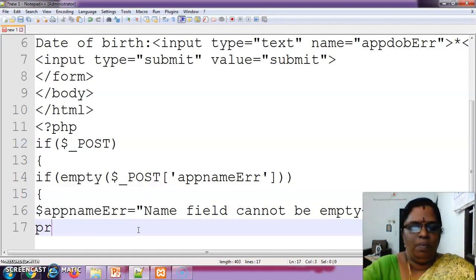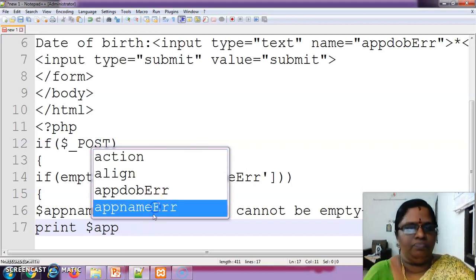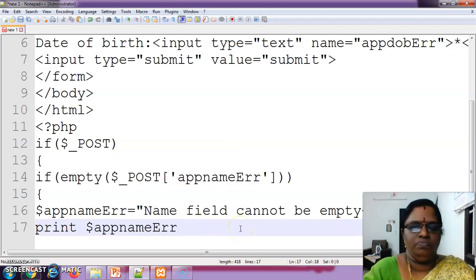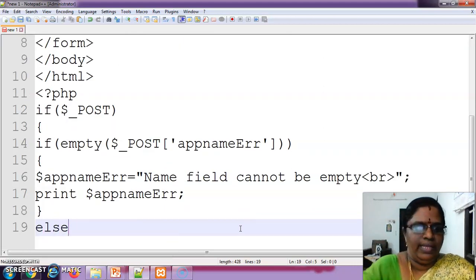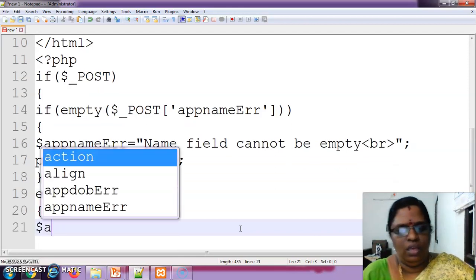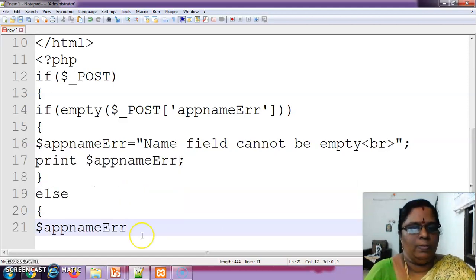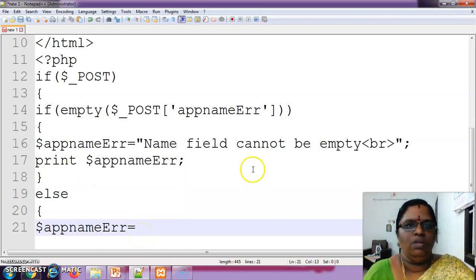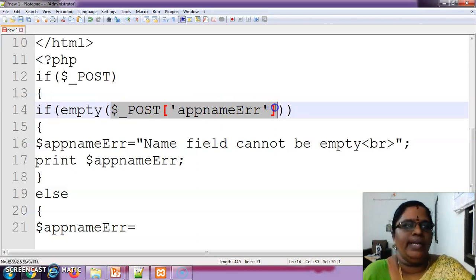Okay. Then print name error here. Okay. Then you want to close this if. Else, name here is equal to this. Yes, post error is there, right? This you want to get there.